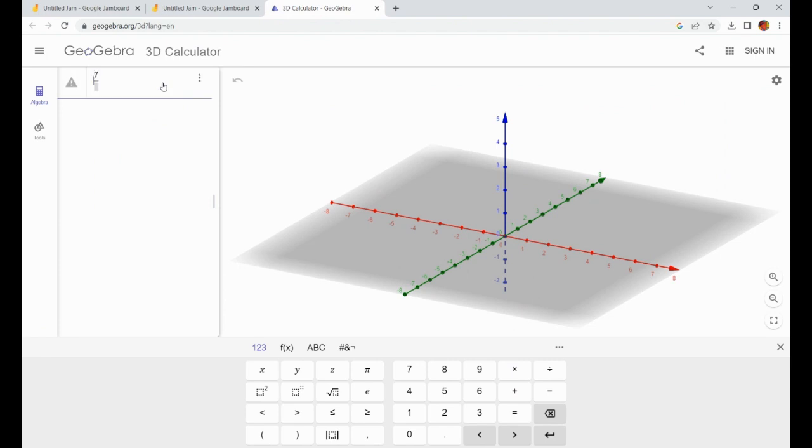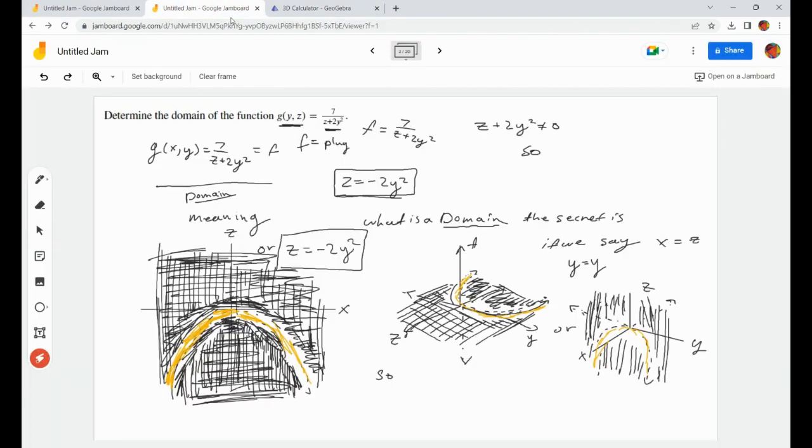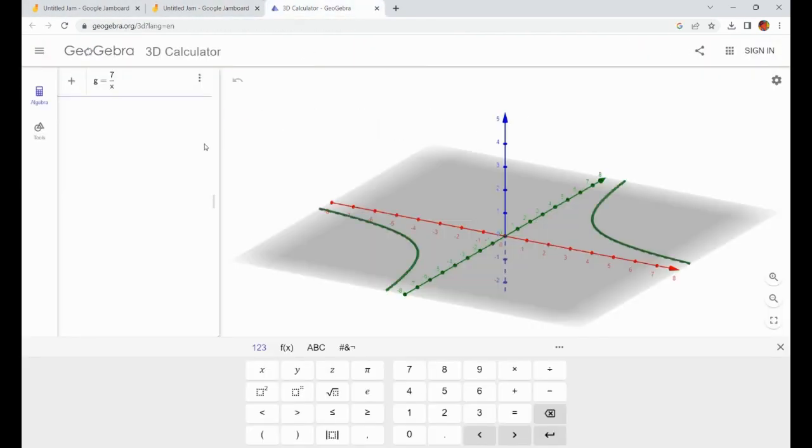Let's do G equal, then we can do x plus, plus the 2y square root of 2. If I did that,